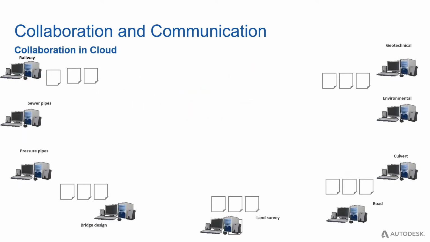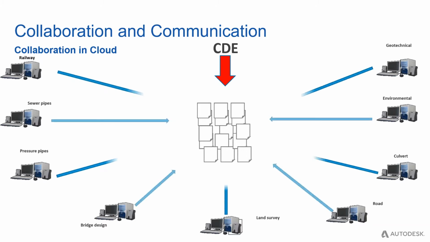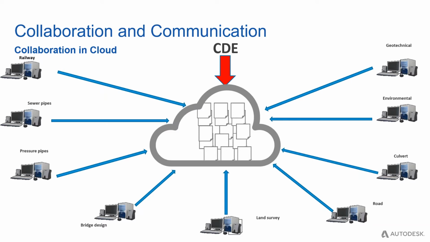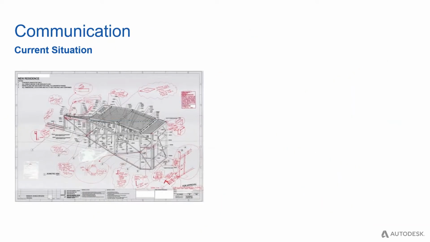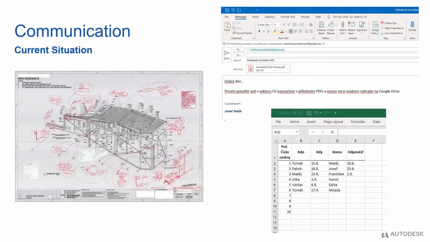So what we are proposing is really to collaborate in a platform, to have all information stored in one, as I like to say, source of truth, a common data environment, which in our case is the cloud, and also communication. The communication on the project can be done in the drawings. Then the drawings can be sent around again via email. Somebody can keep track of what has been sent, to whom, and when it was answered, again in some Excel sheet. However, this is again not the best, because it can cause missing some data,